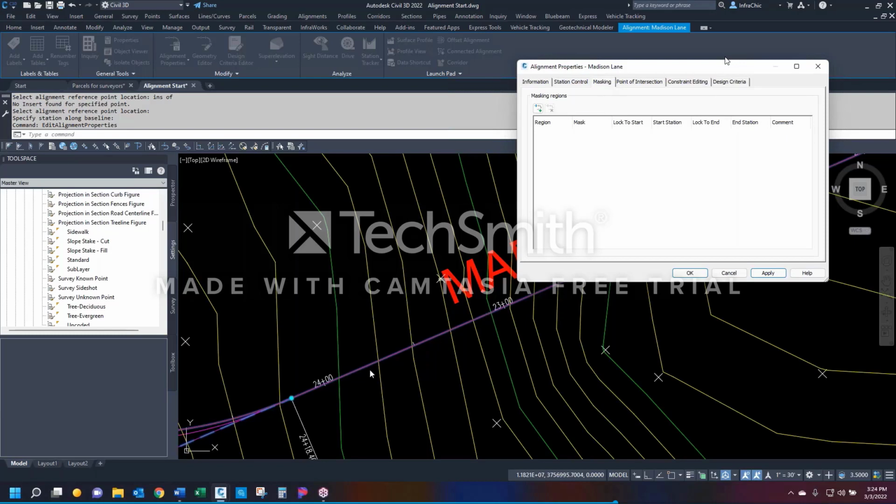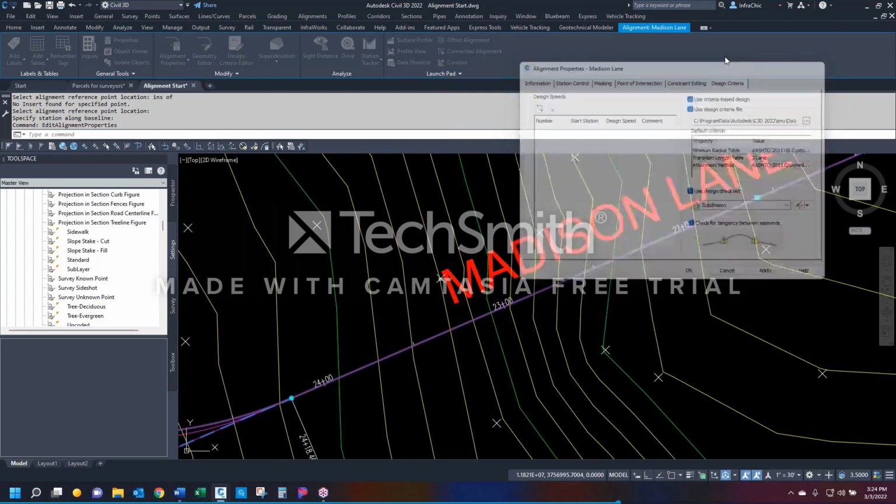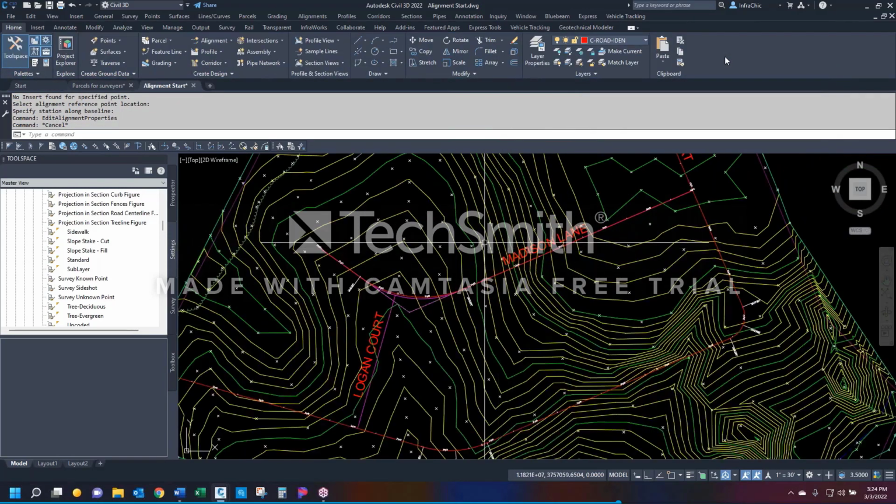Masking, you can mask or hide a part of an alignment. Again, same way as before, you pick a region and it masks it out. Point of intersection, an implied point, constrain editing, lock all parameters, and design criteria can be turned on and off. Especially with this, you can add different design speeds going from 30 to 60, 30 to 45, that type of thing. Okay, so that's an alignment, and that's one by object and two by